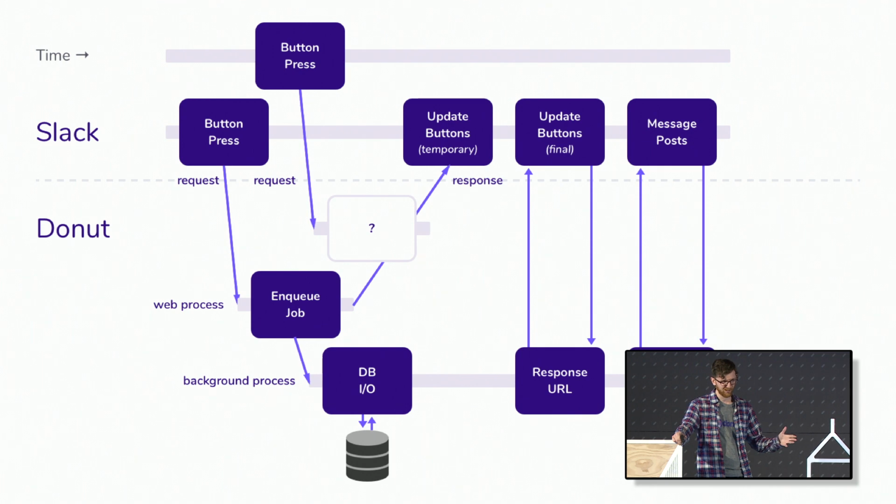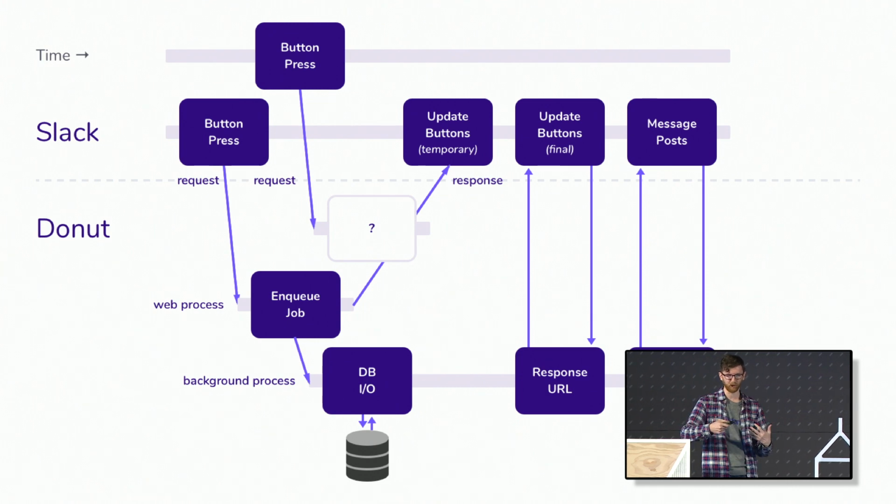It's great. So we fixed that, but here's another problem. You could get two button presses happening more or less at the exact same time, and this is also something we've seen happening in the wild. The problem is that if they're happening at basically the same time, then they both start processing before either of them finishes, and then they both end up getting processed. So how can you fix this?